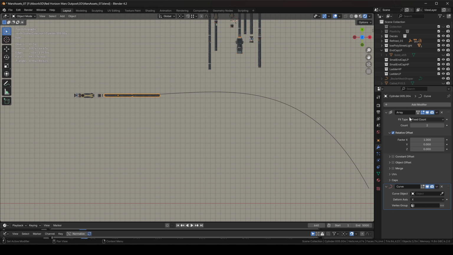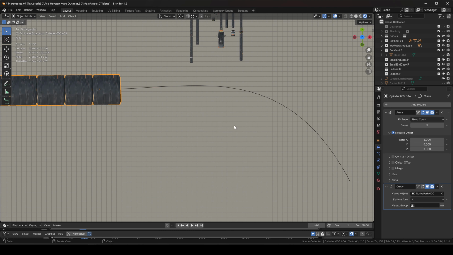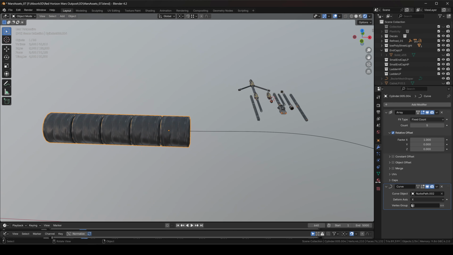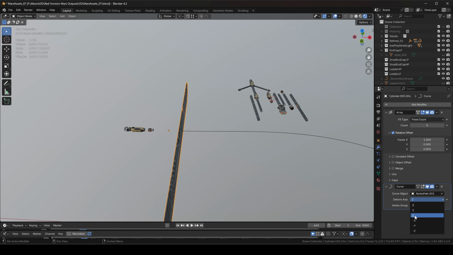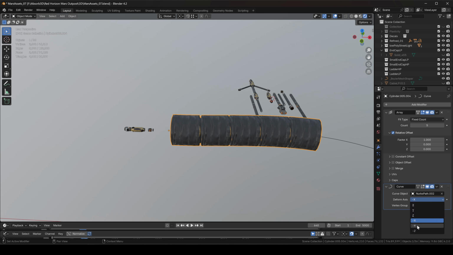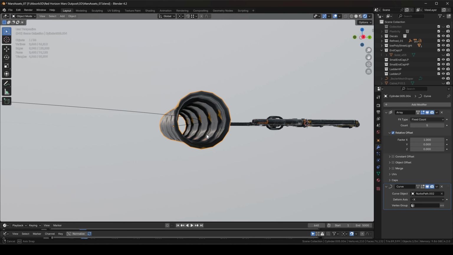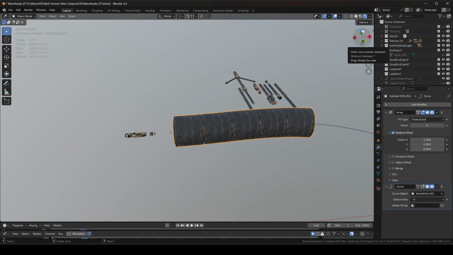Okay. And on the array, right now I have 2. Let's add just a couple more just for visualizing. Let's just do 5. And on the curve, I'm going to pick the curve. Now, sometimes you're going to get something really crazy like this. And now we have to figure out what the deform axis is going to be. So let's try Y. That's not going to work. Z. And this is going to be sort of hit and miss here. Now this here seems like the right direction,